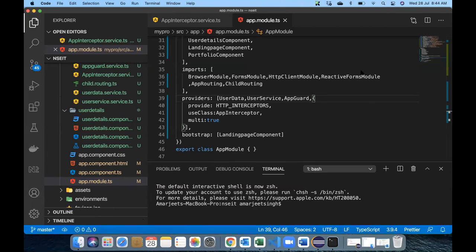Saket, could you please help me by sharing your screen to show how it is going? Yes, Saket, can you share your screen?